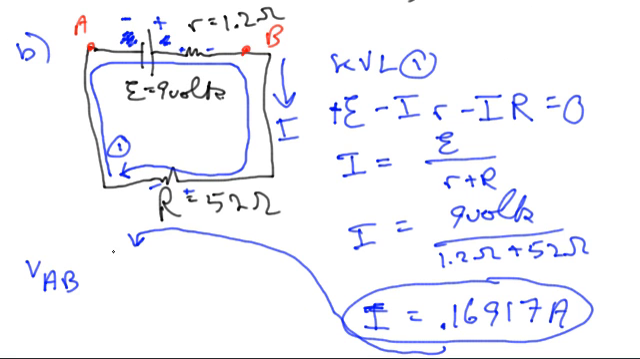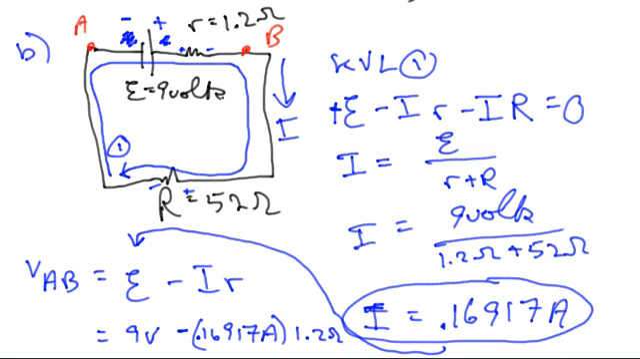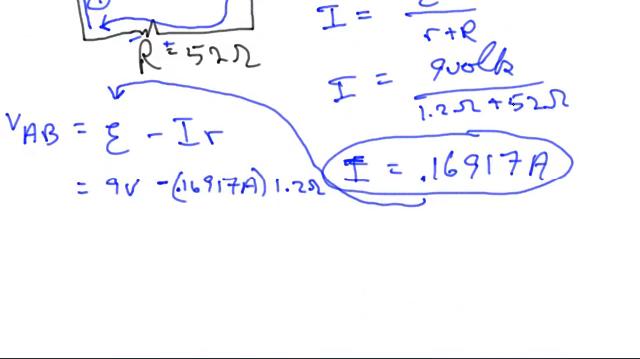just sum from here to there, sum the voltage changes, that's equal to plus script E, and then minus I times little r, which is 9 volts minus 0.16917 amps times 1.2 ohms, and I'm getting, let's see, 8.79799. I'll call it 8.7970